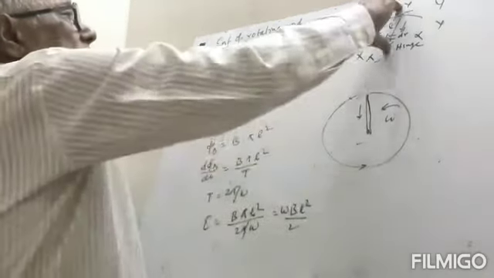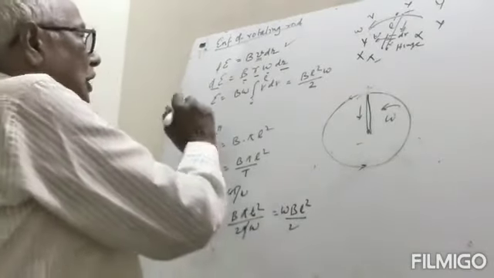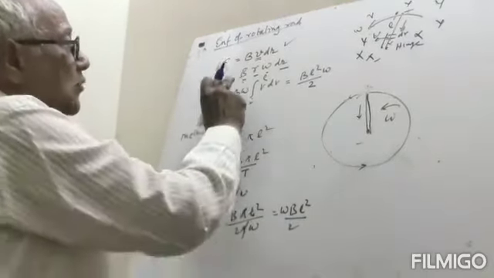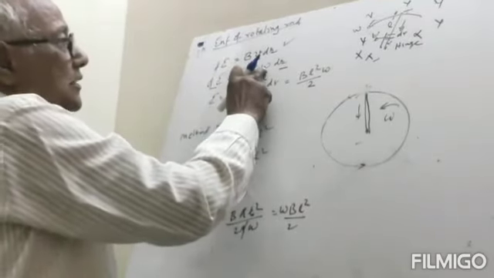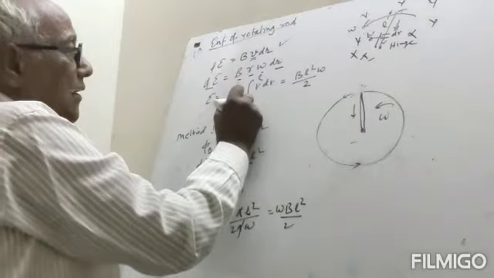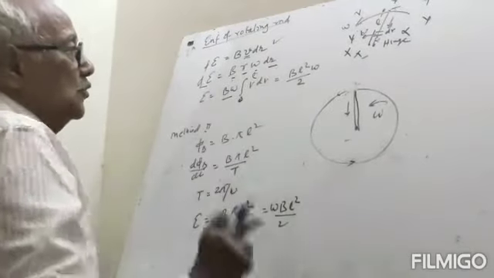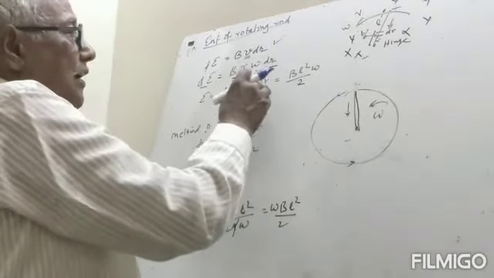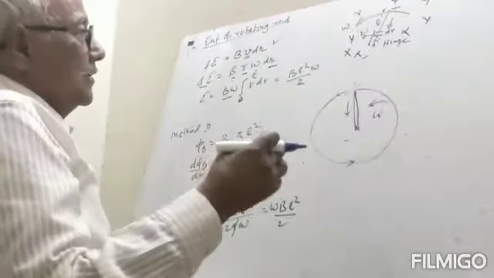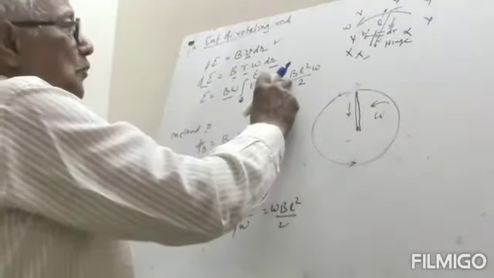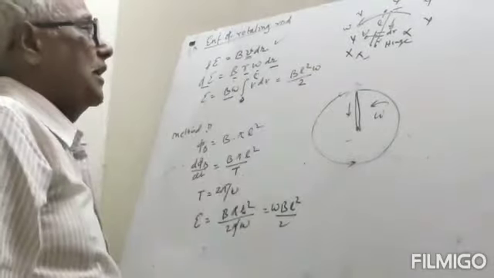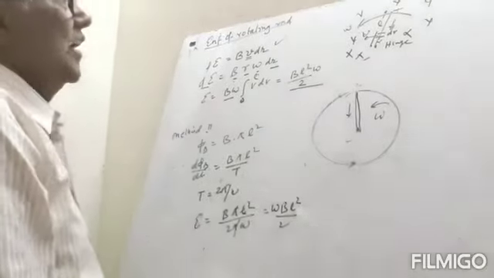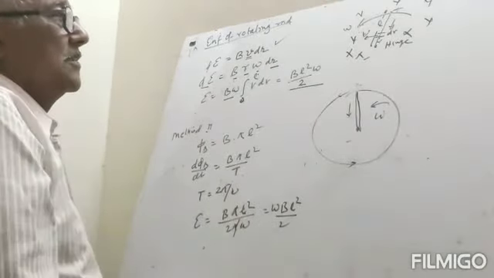Now what will be the total EMF? So we use the integration. So total EMF will be equal to the integral. Now we know that B is constant, omega is constant, so we take them outside, then integral from 0 to length L of r dr. So we integrate, we get r square by 2, so it will be L square by 2 minus 0. So B L square omega by 2, this value will come. So we can easily find the value of EMF in this case.